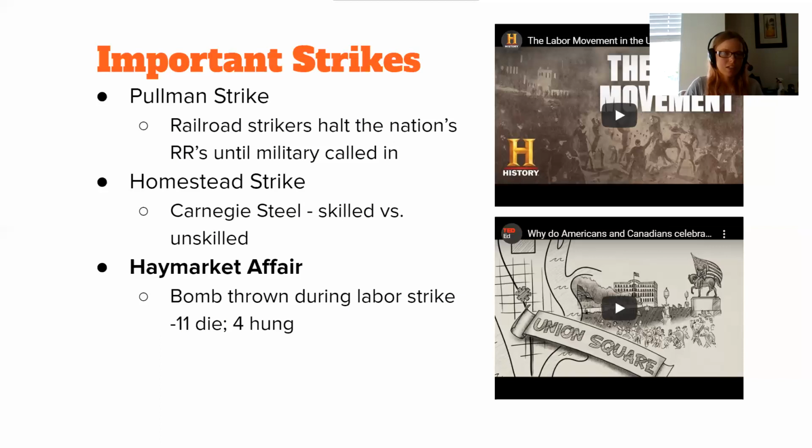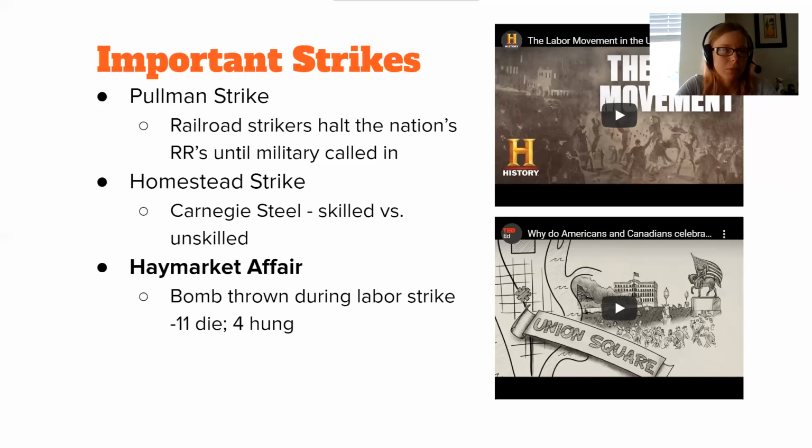And not to mention that they couldn't afford these things from the salary that they were getting working at the Pullman factory. So how were they supposed to do this? They were being taken advantage of every which way. And so they started a massive railroad strike, refused to work there. And eventually the Illinois National Guard was called in, like armed soldiers, to break it up. Eugene Debs was a famous leader of this strike. Later, he will run for president as a socialist candidate in 1912 and actually gets 6% of the American electorate's vote.